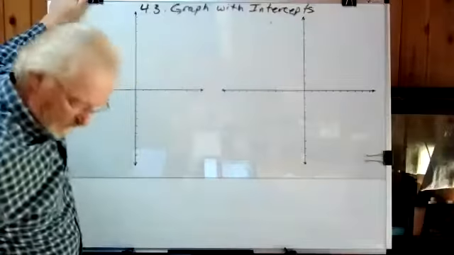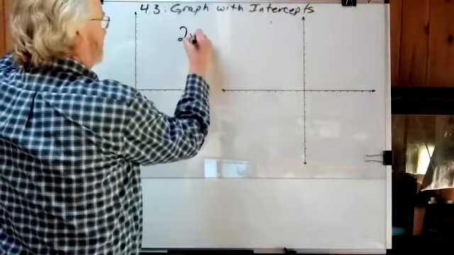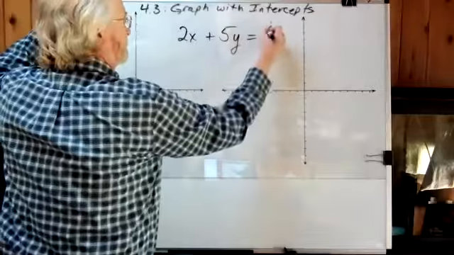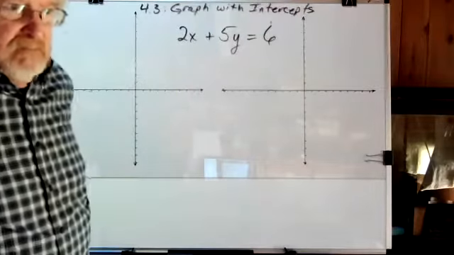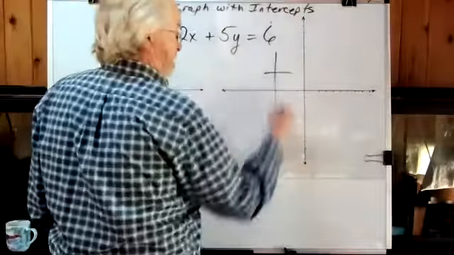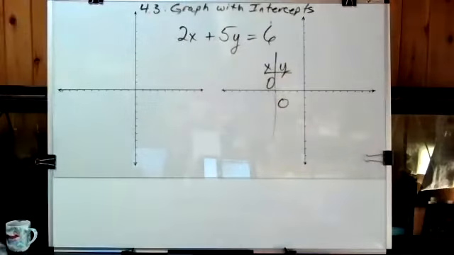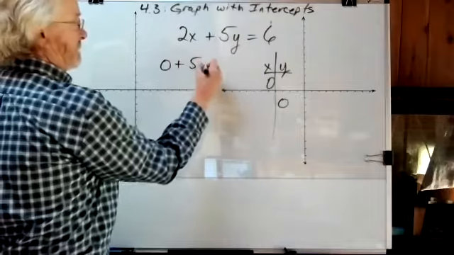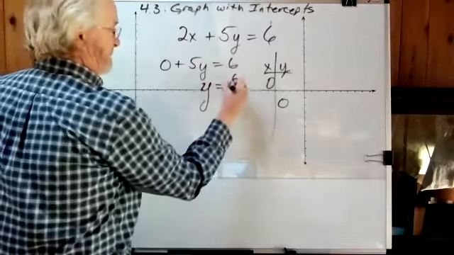Now let's see. I'm going to make up one where I'm going to get a fraction. Sometimes, if you're using the intercept method, your intercept could be a fraction value. That still means they're asking you to put in the 0 and see what happens. If x is a 0,